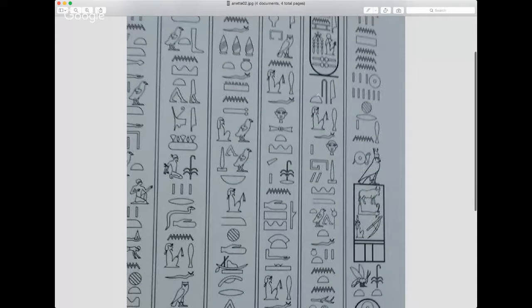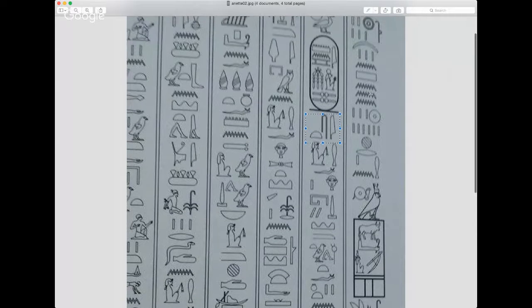Then we have Iset. Now, June had pointed this out. This word right here begins a sentence, but it's a beginning of a sentence when you're talking about an occurrence of something. Usually you'll find this when some event is taking place at a particular moment in time. And because we're dealing with time in this text, this word carries the meaning of "when" or "during." So, when